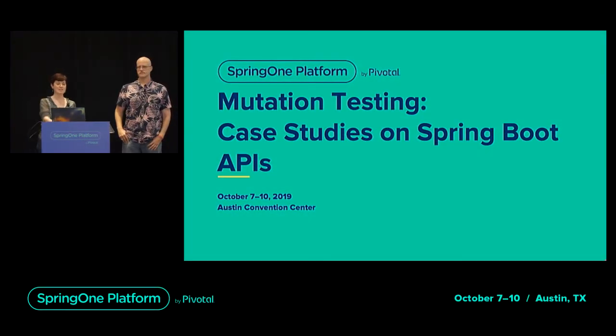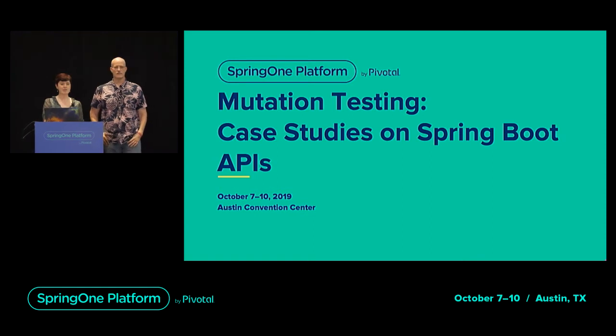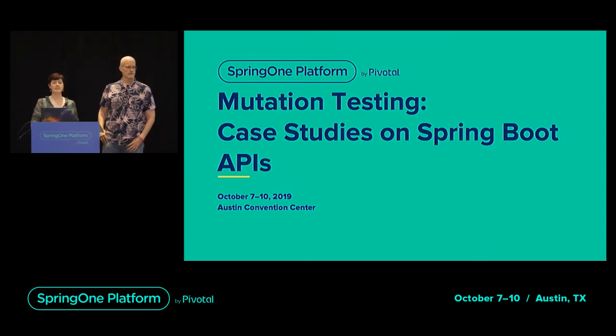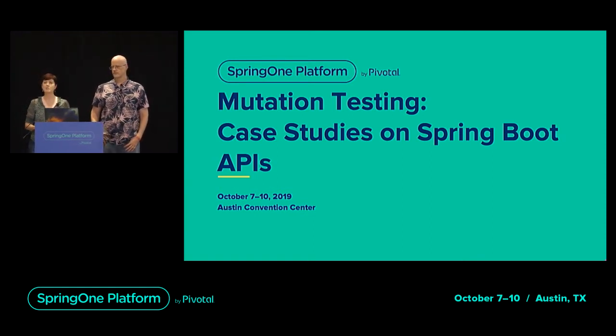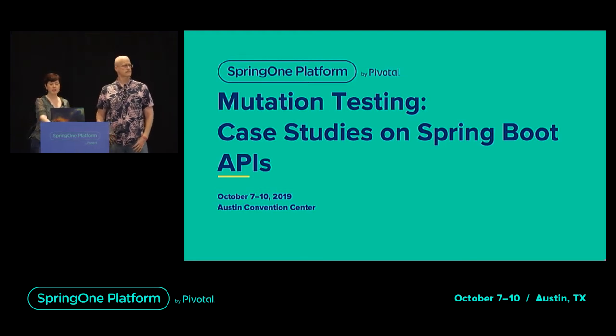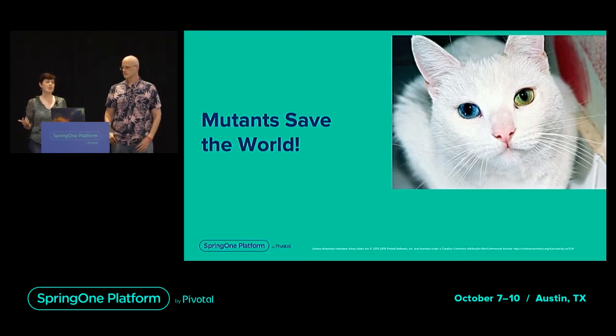5:40 on Wednesday. And we're going to be talking about mutation testing, some case studies on Spring Boot APIs. So to start with, what are we really talking about here? What is the overall goal in general of any kind of testing? Generally, you want to make sure that your code that you've deployed works as expected, and that you can later on add some features without breaking stuff that you've already done, and again, that it's going to continue working as